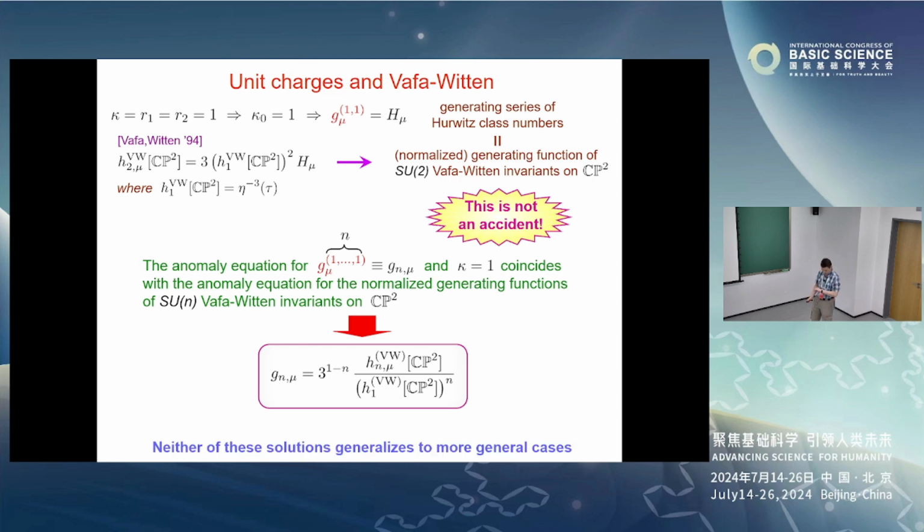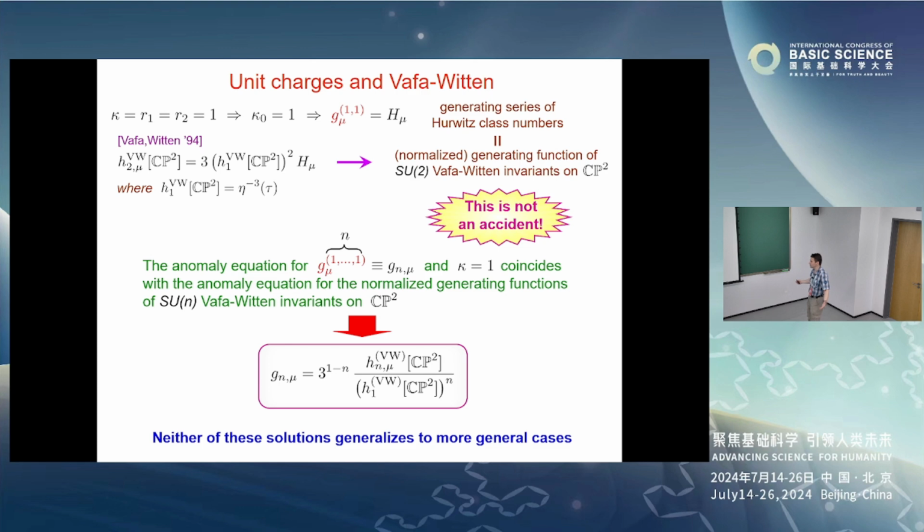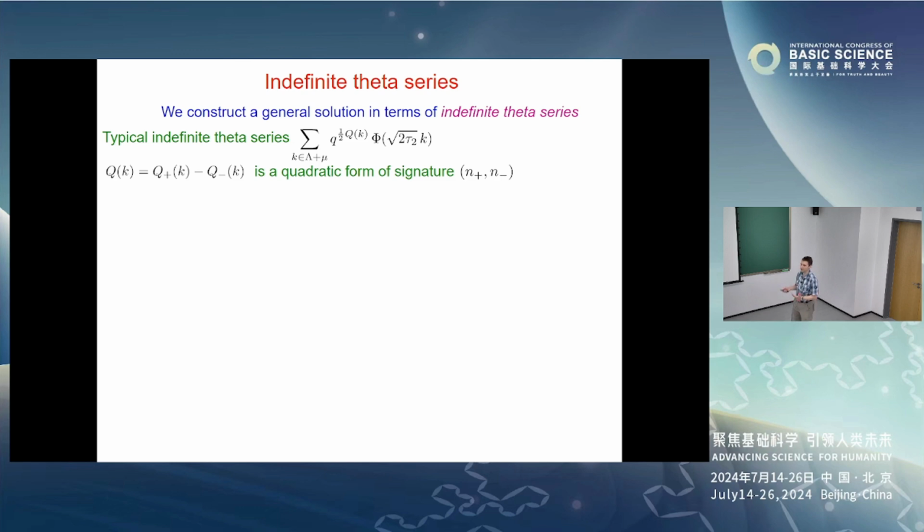Okay, and here I wanted to say that we have these two infinite classes of solutions, so it's natural to try to generalize them and get more general ones, but the problem is it doesn't work. We really worked very hard on that, but at least we were not able to do it. Therefore, if we do want a generic solution for generic charges, we need to find something else. And the idea is that one can get a general solution if you try to work in terms of indefinite theta series. And this is very natural because